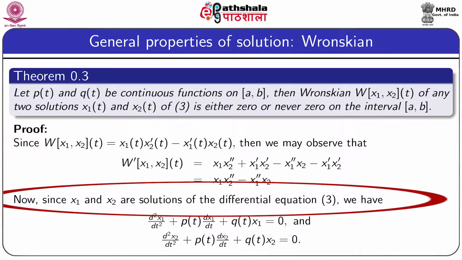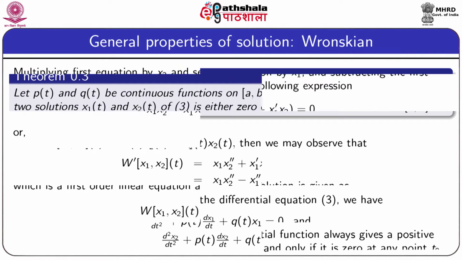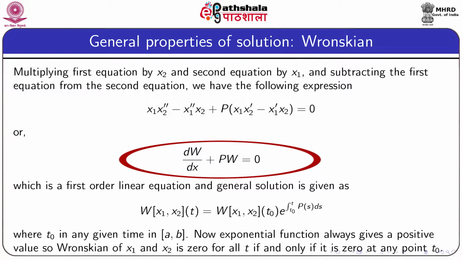Since x1 and x2 are solutions of the differential equation 3, we will have d²x1/dt² plus p(t) dx1/dt plus q(t) x1 equal to 0, and d²x2/dt² plus p(t) dx2/dt plus q(t) x2 equal to 0. Multiplying the first equation by x2 and the second equation by x1 and subtracting the first from the second, we obtain x1 x2'' minus x1'' x2 plus p times (x1 x2' minus x1' x2) equal to 0, which may be written as dW/dt plus pW equal to 0,